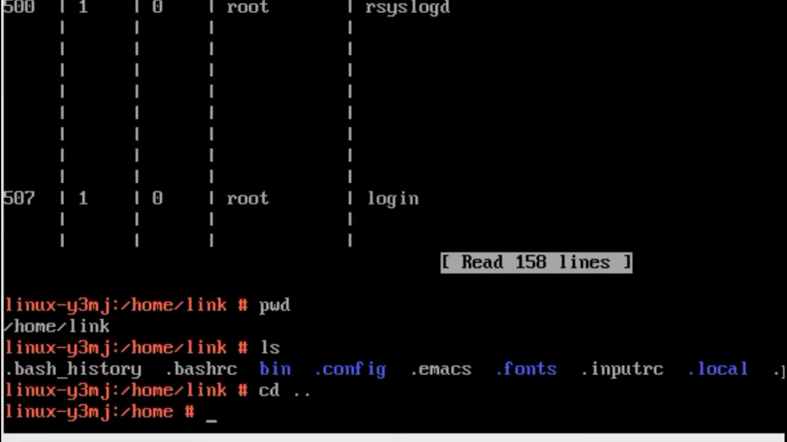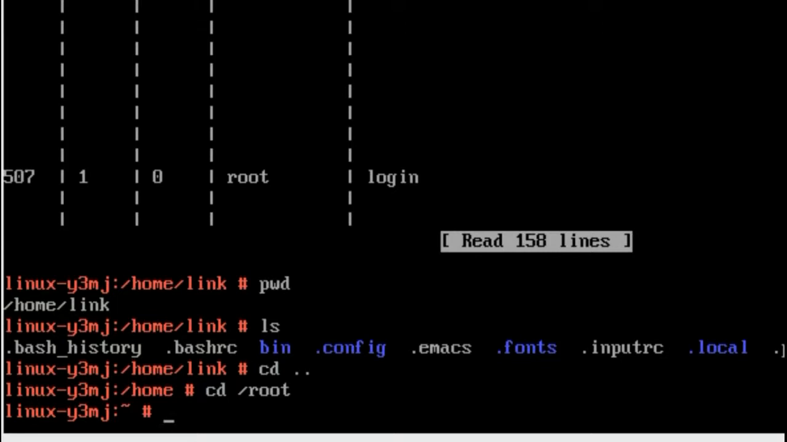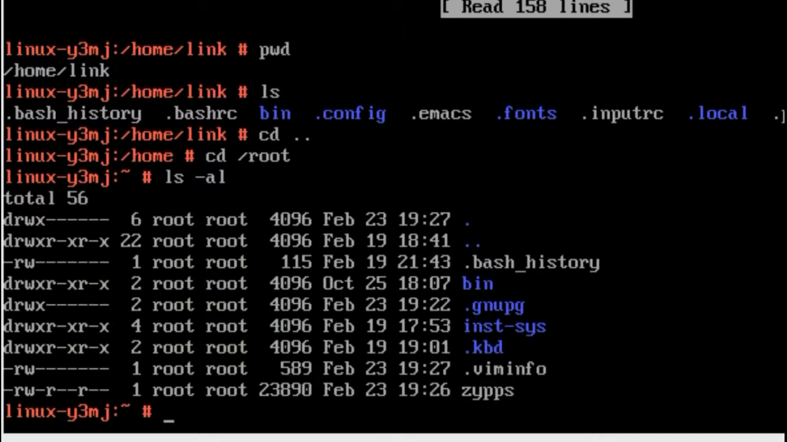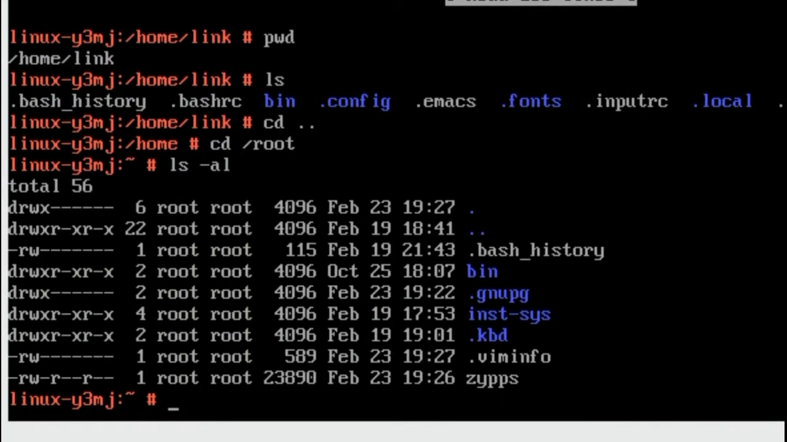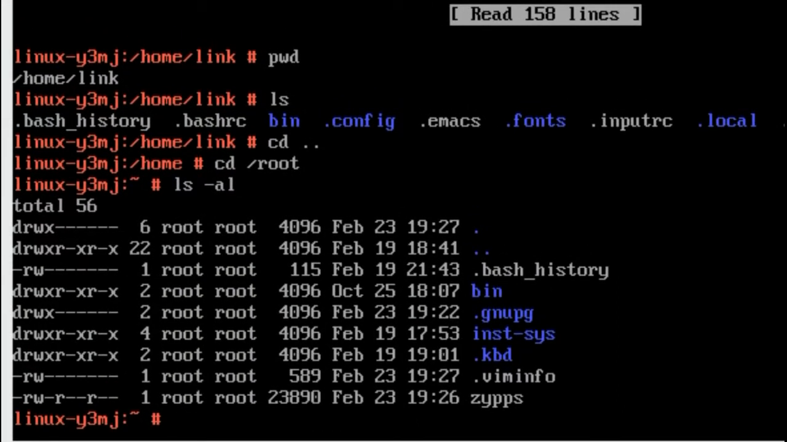To go up one level in the file system. Write cd /root to jump straight into the root folder, using an absolute path as indicated by the / symbol. Write ls -al to make sure we are seeing all files, hidden included, in a list with the owner and permission